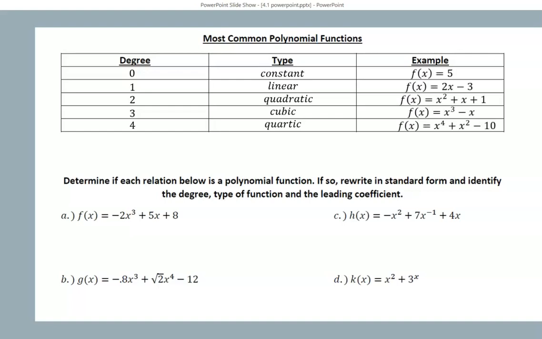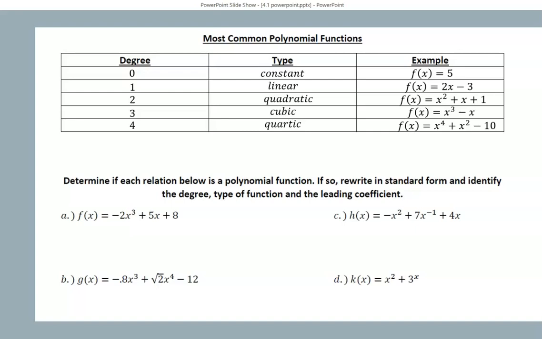I'm just going to click through these. If you need to, you can pause the video and get each of those down. But they show you that idea of the highest exponent being the degree and matching up. So down below, you've got 4 examples. I'm going to let you pause the video in a second and work through these